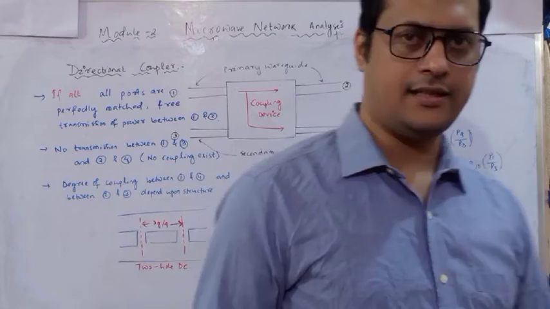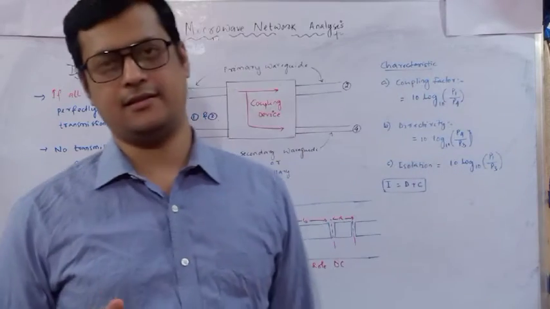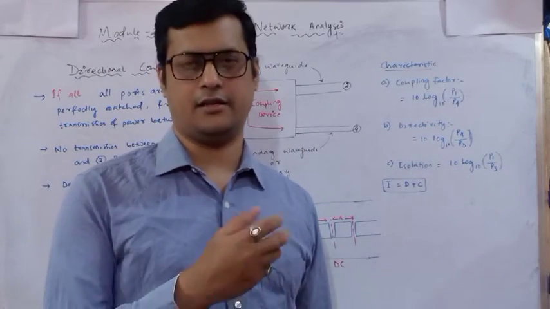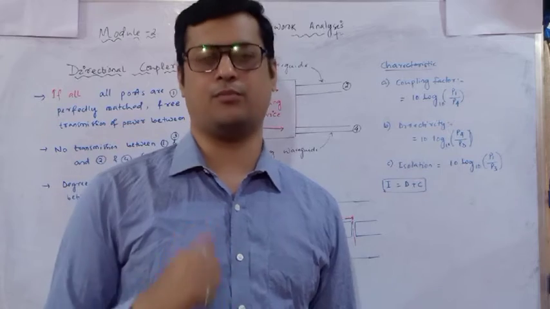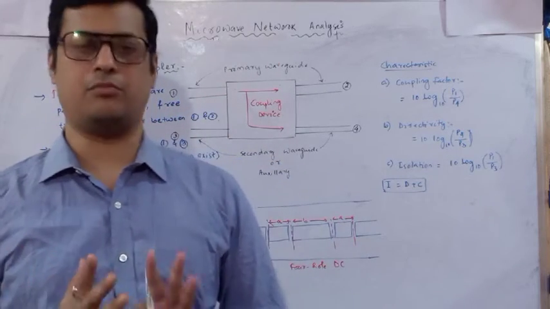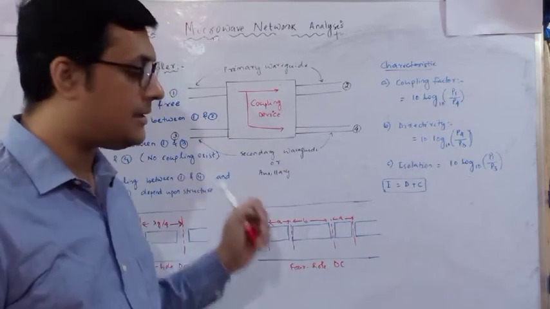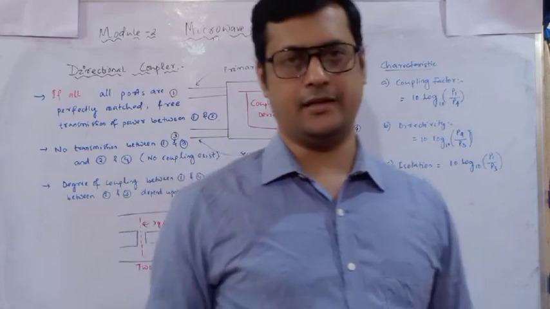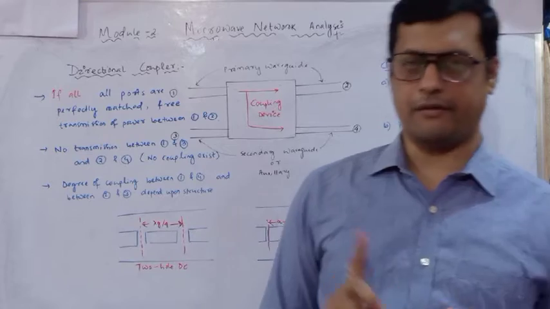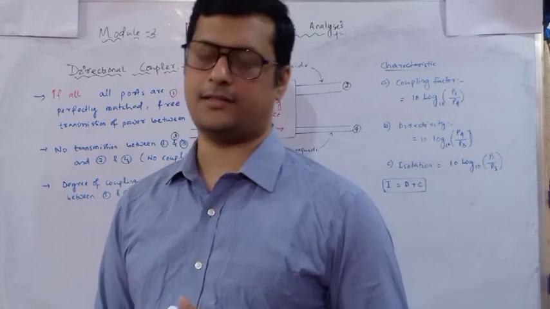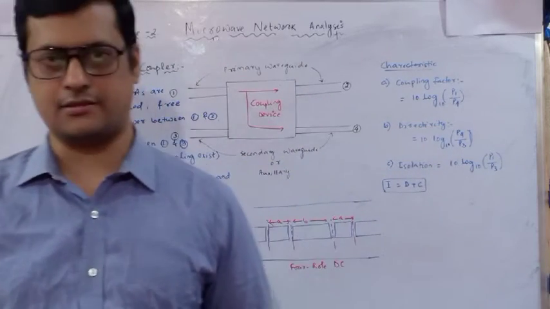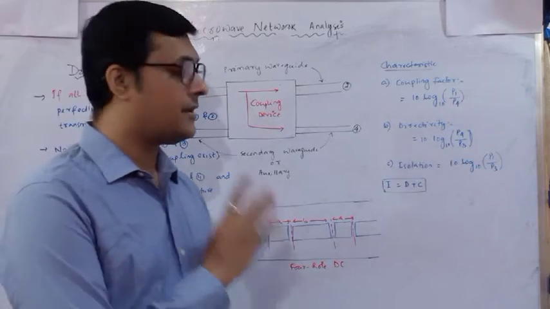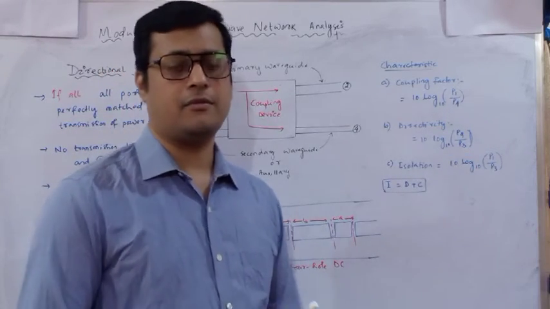So this is one more device through which power can be distributed to other ports with respect to one port. This is the directional coupler. Apart from the waveguide Ts, we have the directional coupler, isolators, and circulator. These are the basic passive devices. So in a directional coupler, what happens?